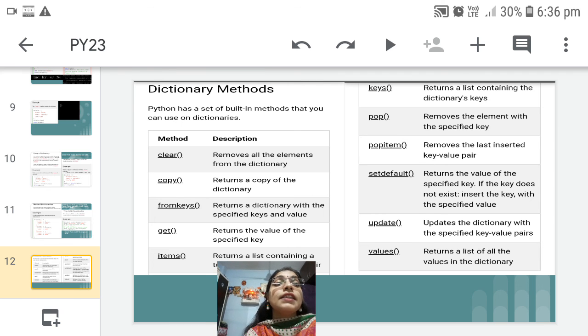If it is not present, then the new key is added to the dictionary. Then we have the update method. With the help of the update method, we can update the dictionary with the specified key and value pairs. And the last method is the values method. If you want to see only the values of the respective keys, then in that situation we can make use of the values method. So this much is there in the dictionary topic.